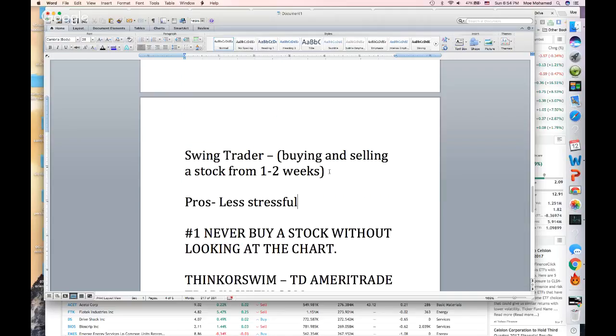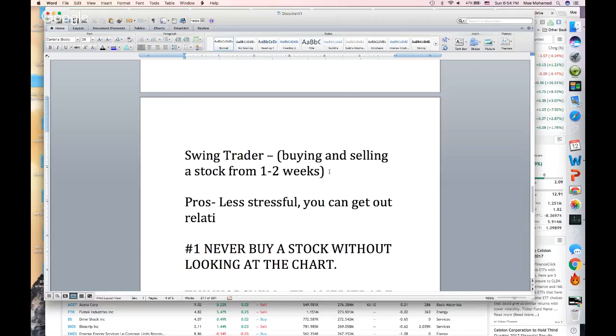And the 50-50 call sometimes happens in a day trade. People just say, oh, it's a gamble. I don't really like to do that. I work hard for my money. I'm not really trying to lose all my money that quick. So it's less stressful. You can get out relatively easy